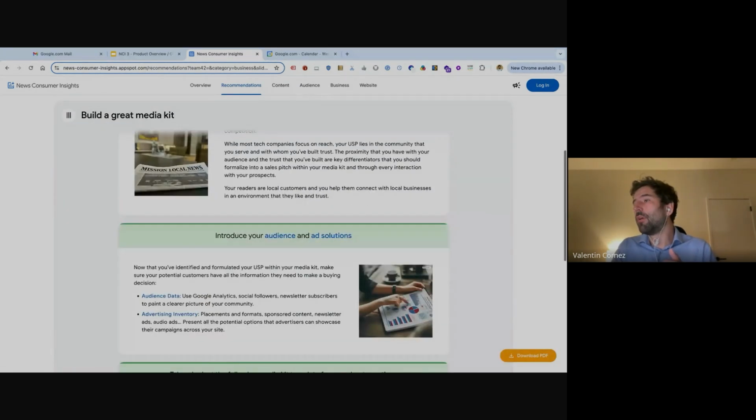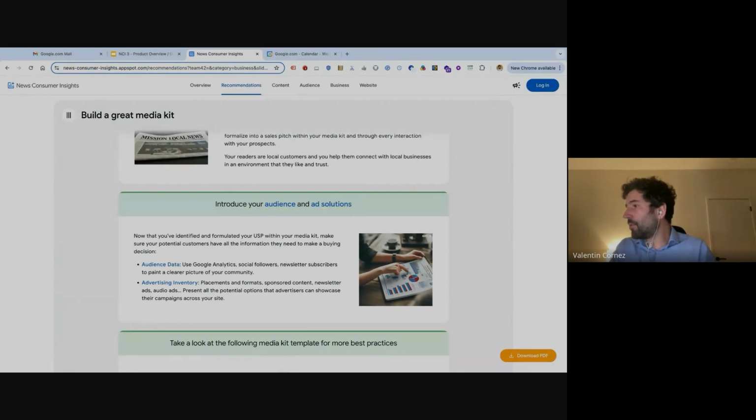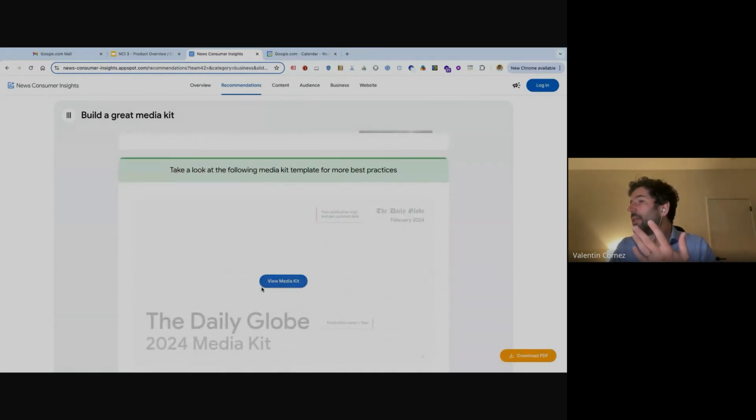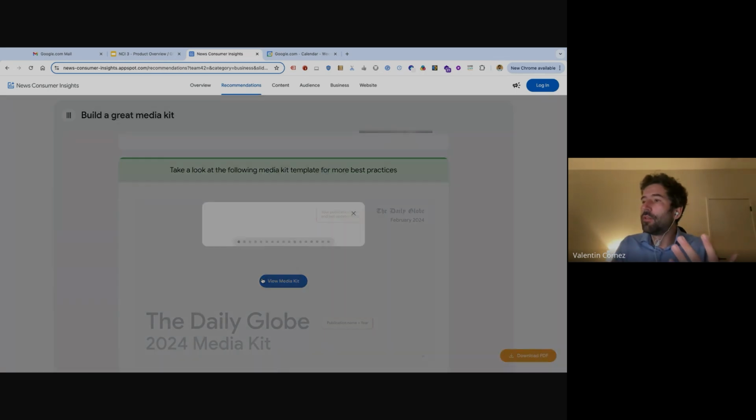When you go to those advertisers and you try to pitch them to advertise on your site, you need to have a media kit. And here is an example of media kits that you should follow with best practices. How do you actually come up with a presentation of your advertising offers? So the media kit is